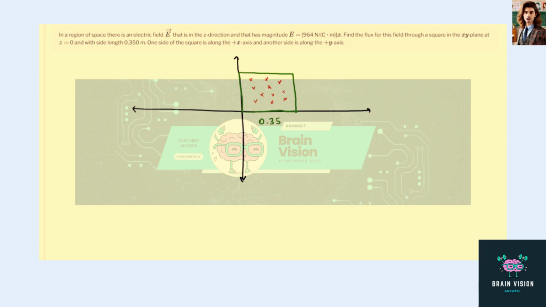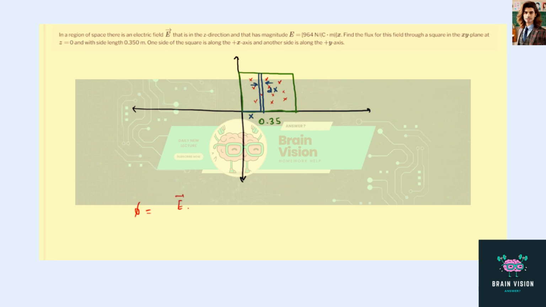All right. So we got to find the total flux, but we know that the flux is given by E dot A, but in this case the E is not constant, it's varying as the x changes. So what we're going to do is we're going to take a thin strip along a particular x. So we go on x and we take a thin strip of a width dx. This is the width dx, and we are going to assume that in this small width dx the electric field is going to be constant. So we are going to find the flux in this strip, which is going to be